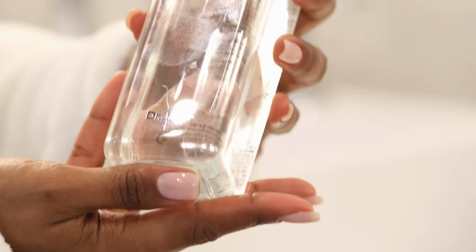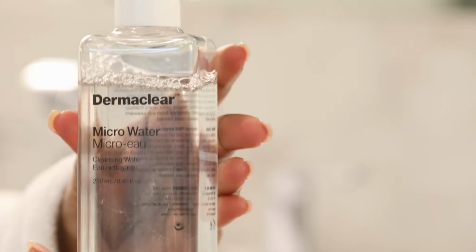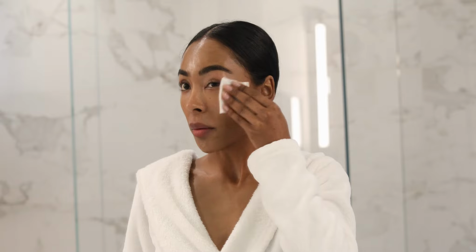So I'm going to use the Dr. Jart Micro Water, and I'm just going to apply some of this on my cotton pad. I'm wearing some tinted moisturizer on my face right now. I'm going to wipe everything off just to be safe. I always like to go in and do it a second time because I really think that the